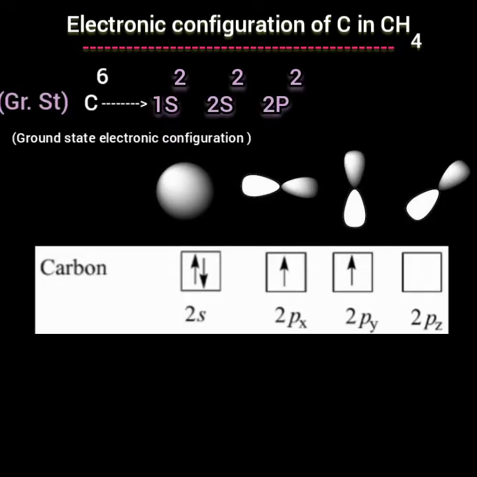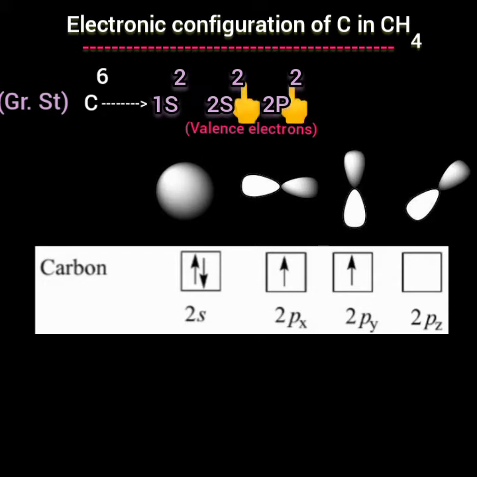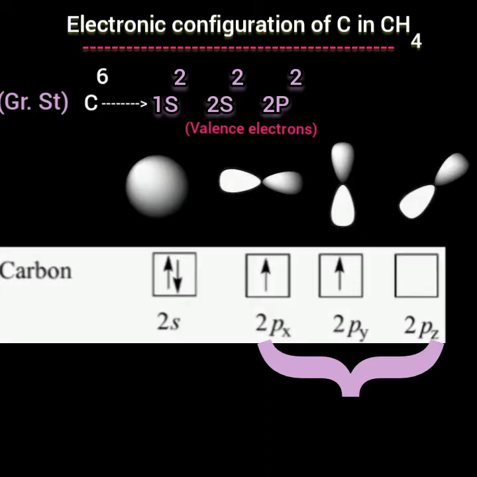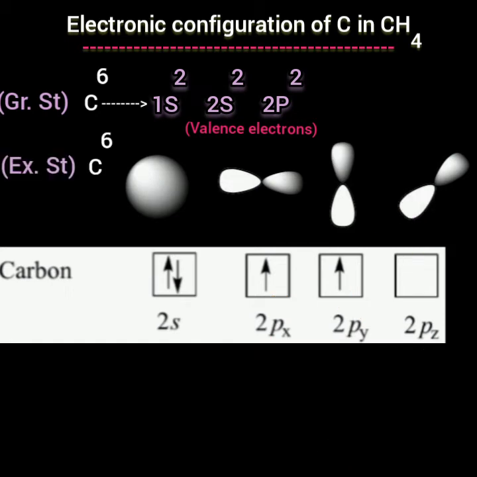First, write the electronic configuration of carbon in CH4. Ground state electronic configuration of carbon is 1s2, 2s2, 2p2. According to Hund's rule, we will fill the orbitals with electrons. For hybridization of atomic orbitals, we will use valence electrons. Here 2s and 2p are the valence orbitals of carbon containing 4 electrons. While we are putting the electrons in the orbitals, we will follow Hund's rule. Here in the 2s orbital we can put 2 electrons, and in the 2p orbitals we can put 2 electrons, and the remaining we have one vacant p orbital.